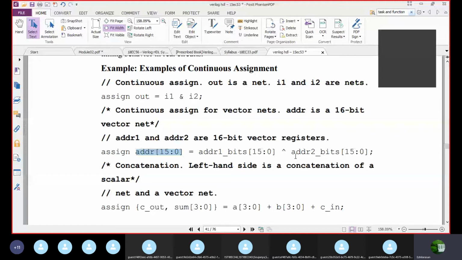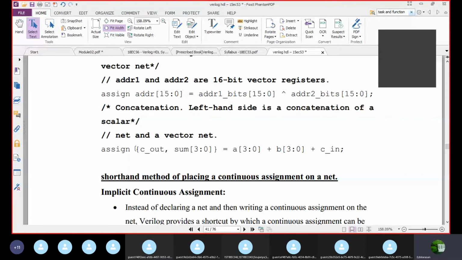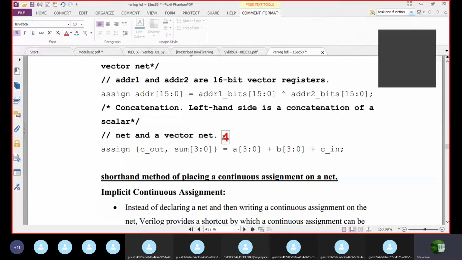The third thing is, as I said, you can use the concatenation also on the left hand side. See here, net and a vector net: assign {C_out, sum[3:0]} is equal to A[3:0] plus B[3:0] plus C_in. This program is nothing but a 4-bit adder. In a single statement I can write the 4-bit adder in dataflow.